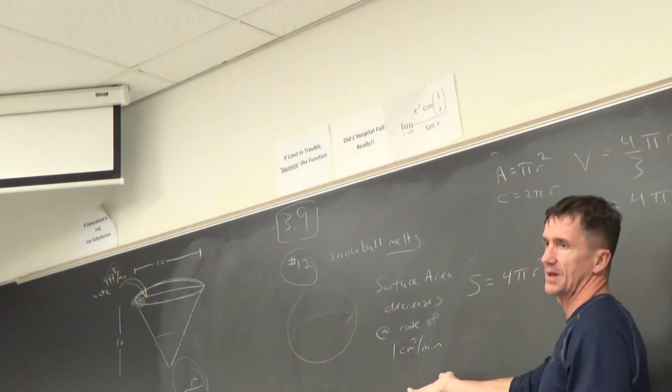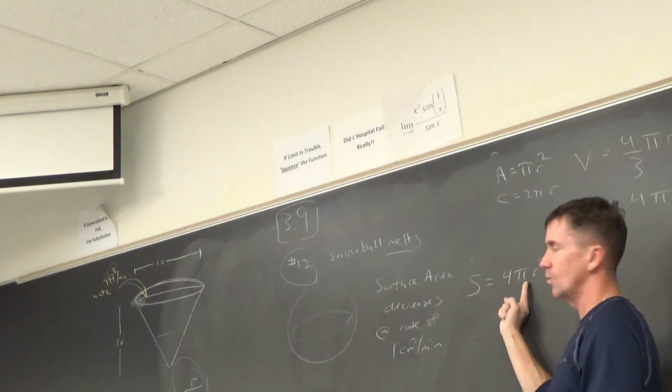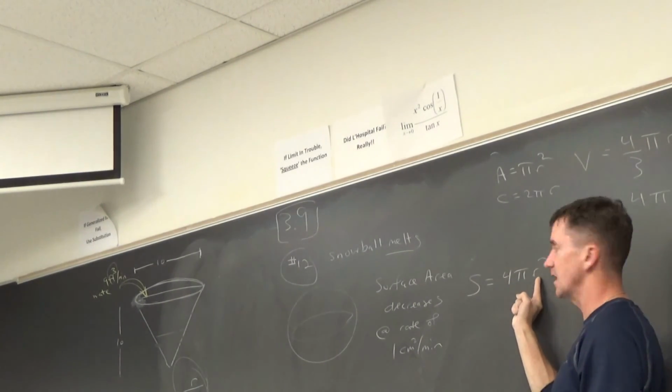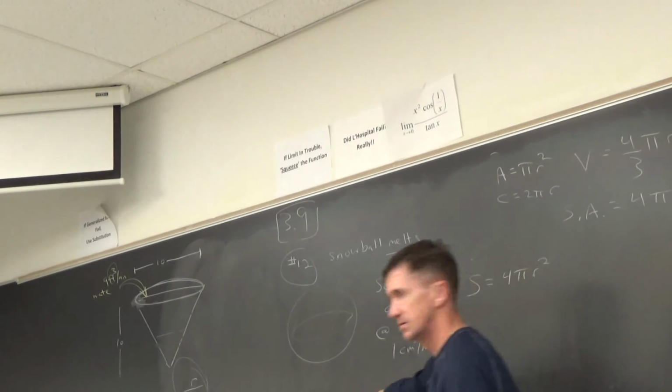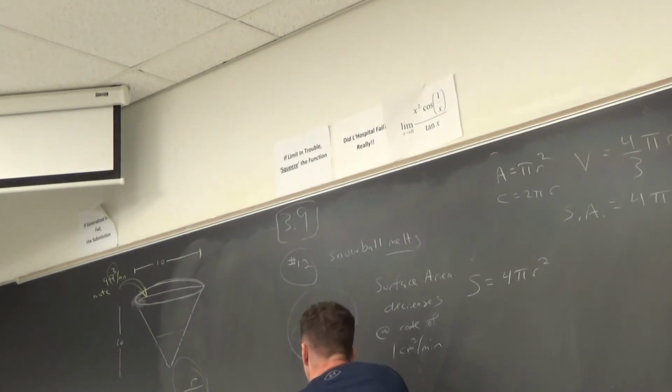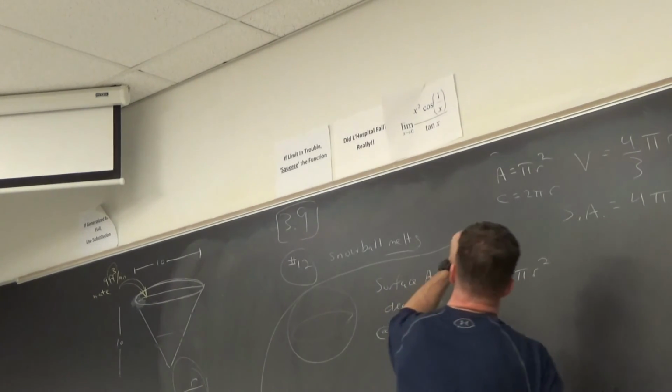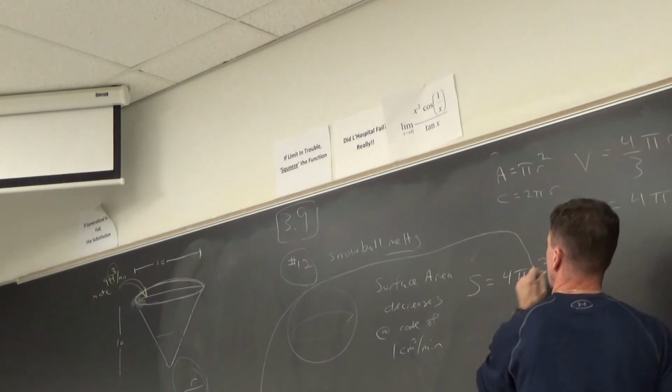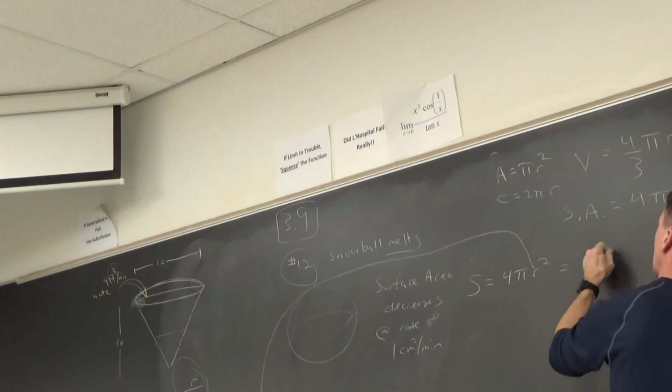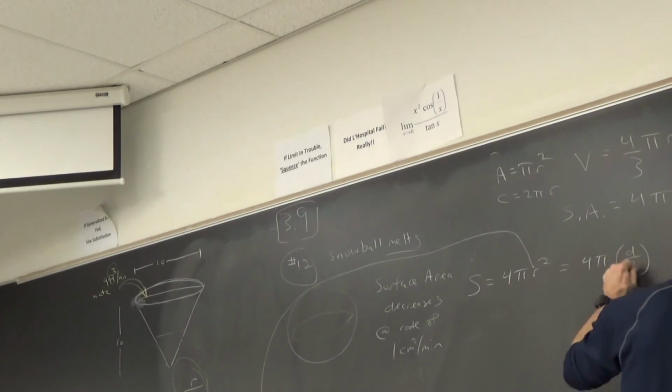Because they asked about diameter, what can I substitute here? Now be careful, is it 2d or d over 2? D over 2. Yeah, look here. What would r equal? There you go. So I'm gonna take this, because the question mentioned diameter, let's put that at the beginning. 4 pi times d over 2, squared, gives me,